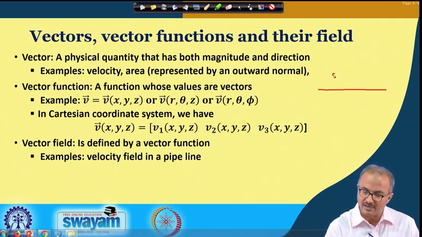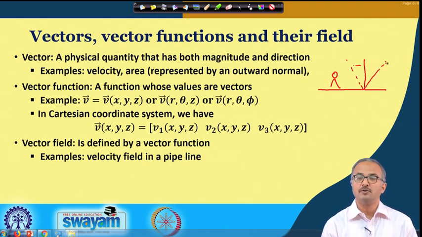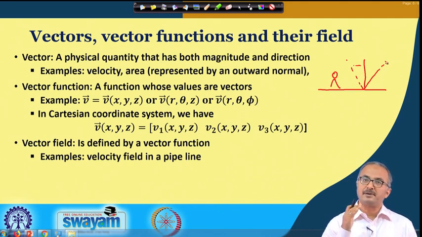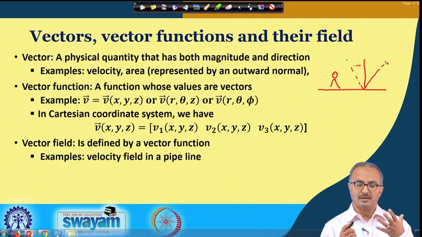you are standing here and you have a mirror over here. Now you see that depending on how this mirror is situated, whether it is slanted like this or slanted like that, you will have different kinds of images. So even though the area of the mirror is the same, depending on your location, you will find different images. So this you cannot extend for any kind of flow or some kind of rays.